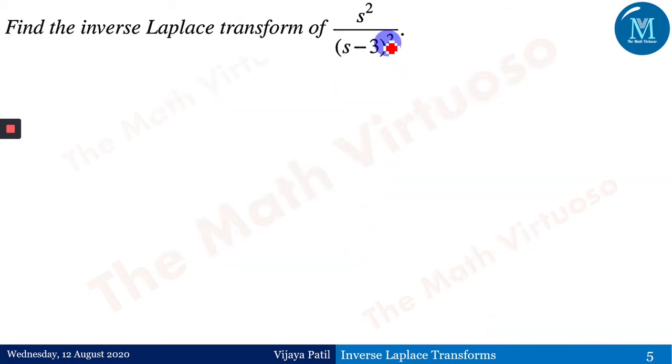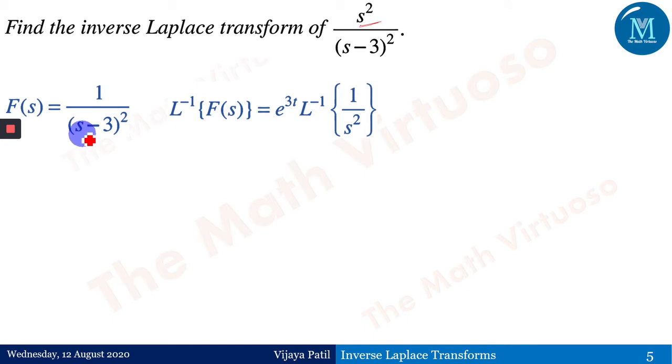One more time, it's an s square. So if you observe, this is s square. That means I have to take the differentiation of this particular Laplace inverse of 1 upon f of s, sorry, Laplace inverse of 1 upon s minus 3 the square, the function 2 times, right? And therefore f of s is 1 upon s minus 3 the square. Now it is s minus 3 the square, because whenever I have got my s, it has been combined with s minus 3. Therefore it is e to the power 3t times Laplace inverse of 1 upon s square, and Laplace inverse of 1 upon s square is t. So it is e to the power 3t into t.